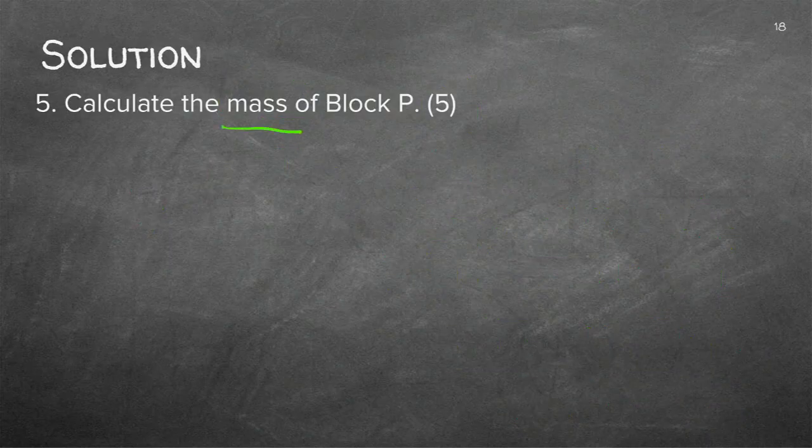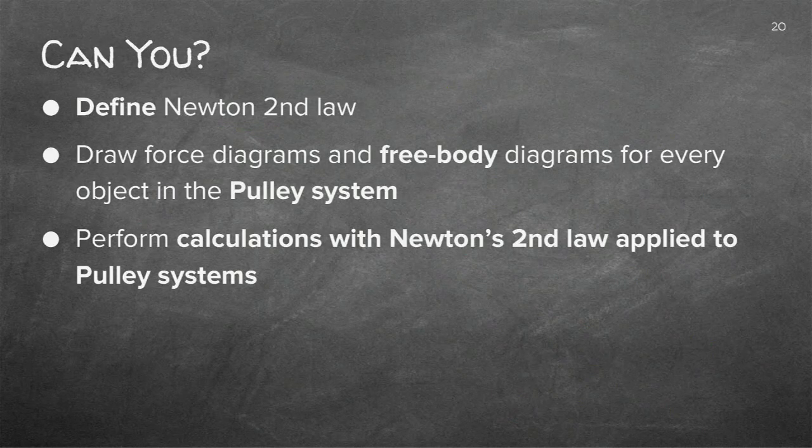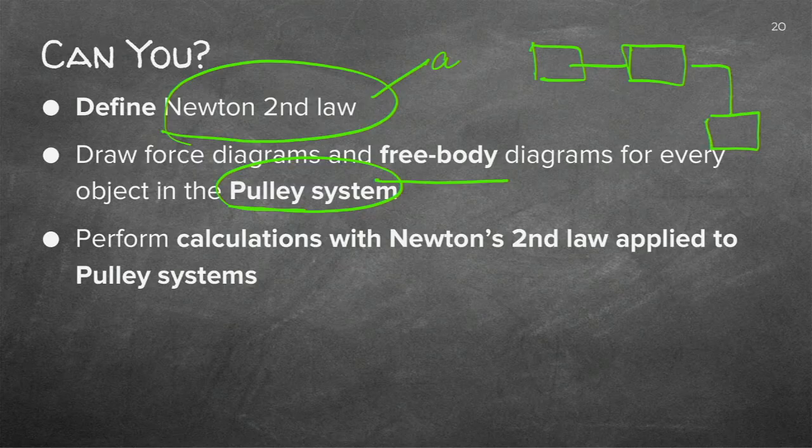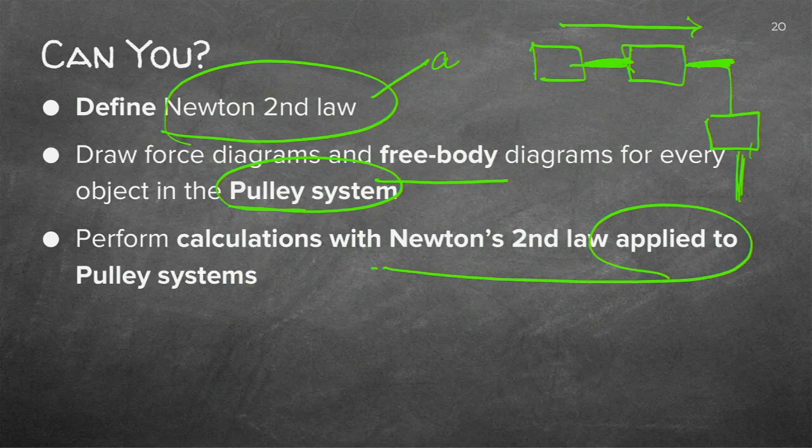Finally, we had the mass. We got the 5 marks of a very, very complex calculation. Define the law. In this case, they asked you acceleration. Free body diagram, remember we're busy with pulleys. Now with pulleys, again, I'm going to stress this. See where they are moving. I could have 2 blocks there hanging on this one. If it's moving that way, you know these forces are greater. And remember gravity.